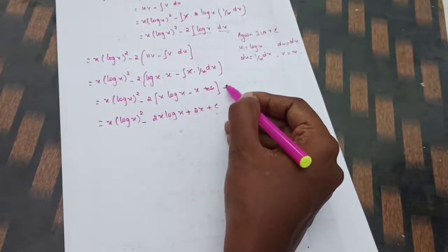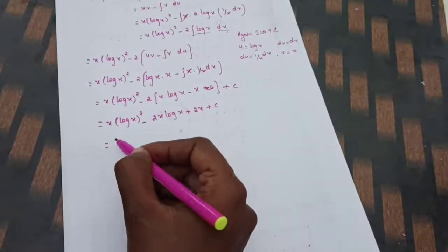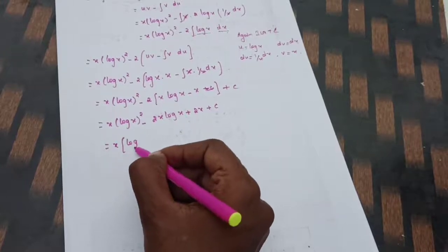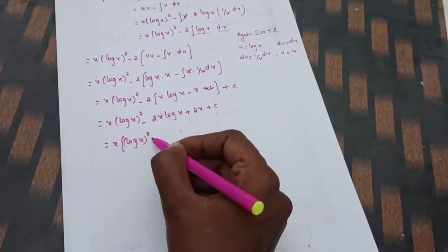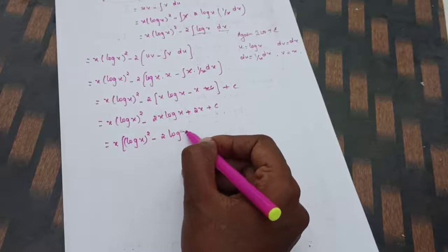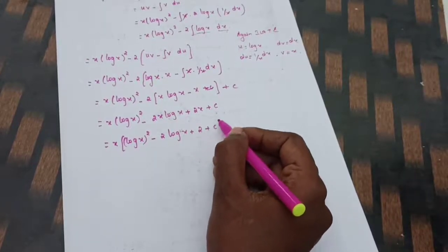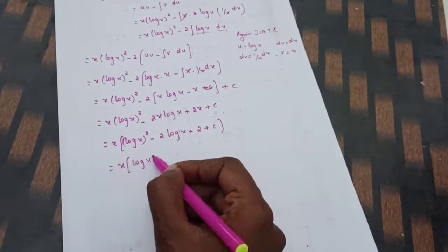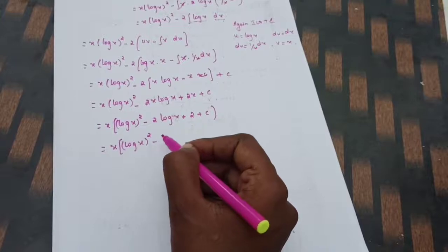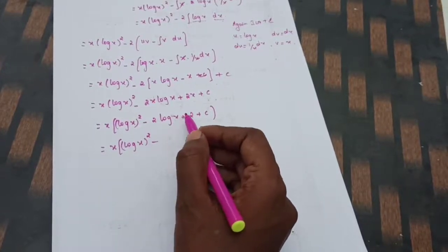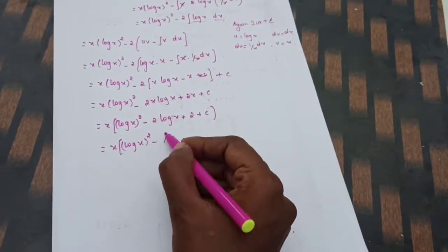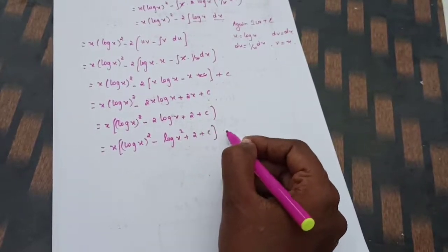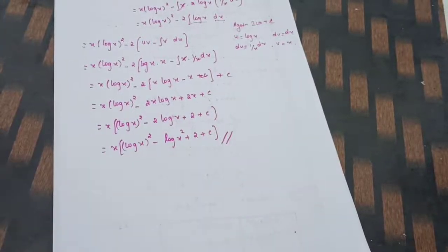Okay, this is the integration constant, put it outside. That's equal to x into, shall we take x outside? So what will happen? (log x) the whole square minus 2 log x plus 2, plus c. Okay, so you can write it again as x into (log x) the whole square, using the formula for log a power m, so log x square, we bring that power, plus 2, plus c. This is the required answer. You will be afraid, is it right, when you are seeing it?